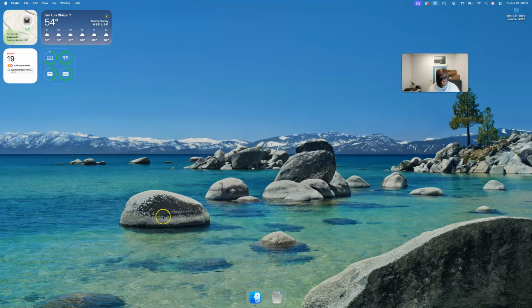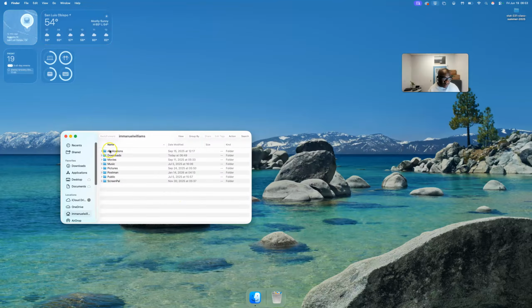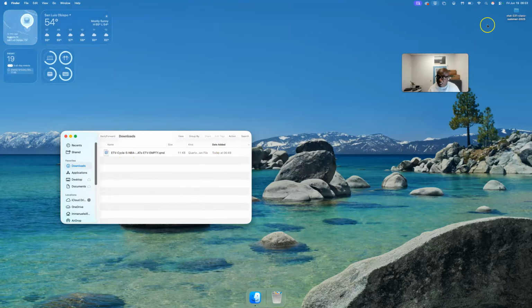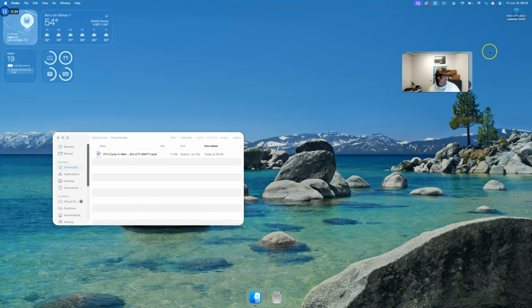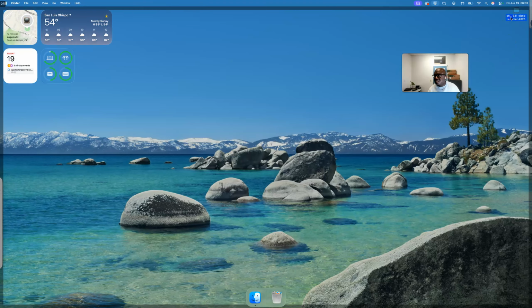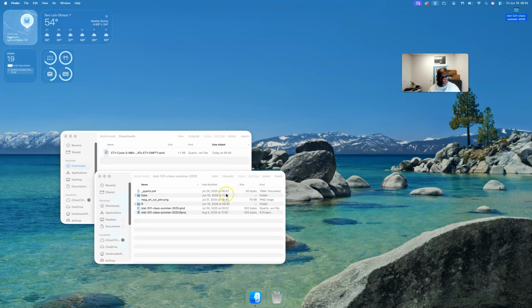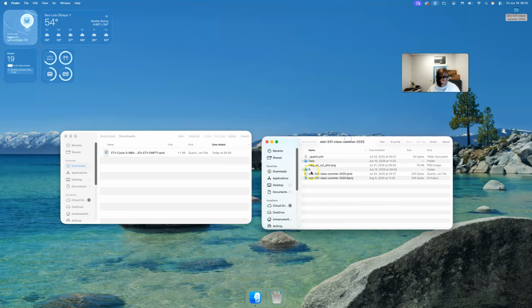So the process is I already downloaded it. It's in my downloads directory. Okay, there's my other directory, I'm going to open it up. Why is it not? Okay, there we go. Which is interesting, right? Go to R, go to ETV cycles. We're gonna create a new directory called